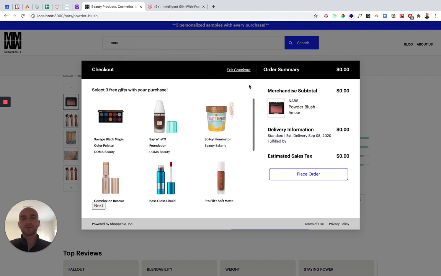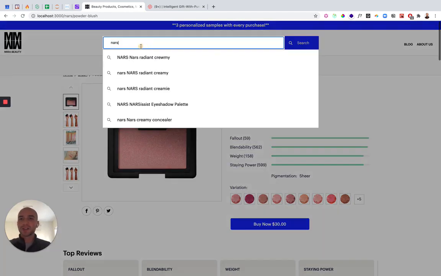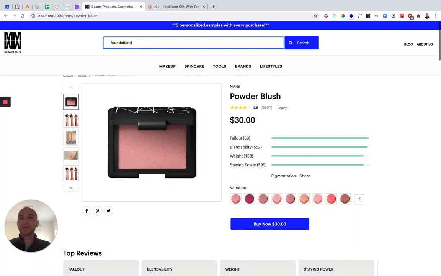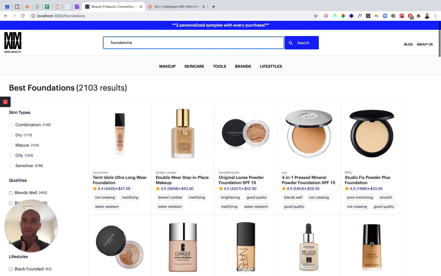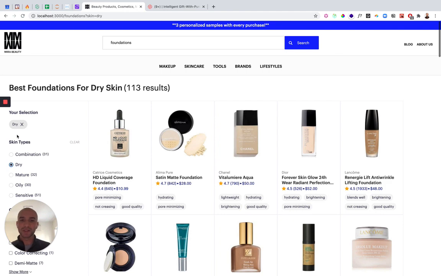So just to demonstrate the power behind algorithms like this, I'd like to show how when you give something like this more data, it's able to make better recommendations. So let's say I now go and look for foundations. Well, another signal that we pick up from our consumers is what type of skin type they have. And if I say over here, I'm looking for foundations that are good for dry skin, well, not only is